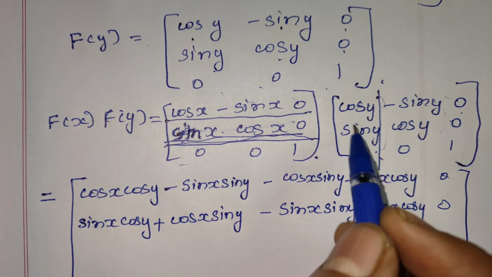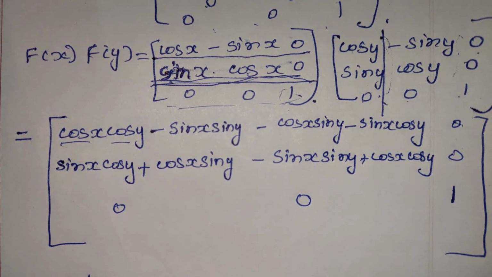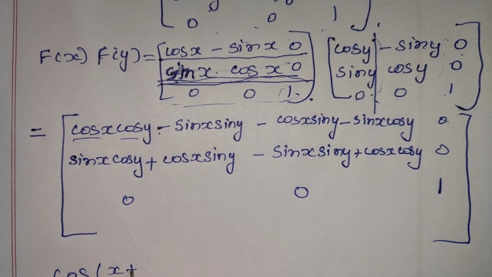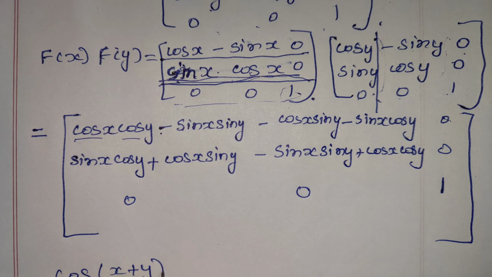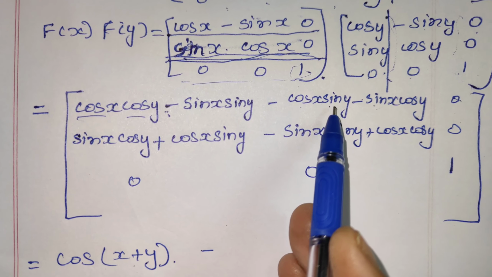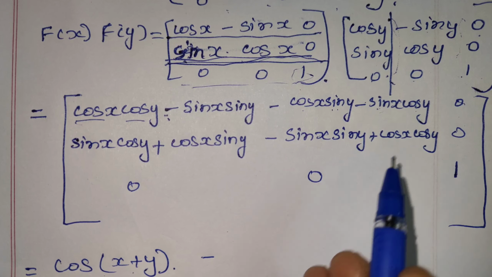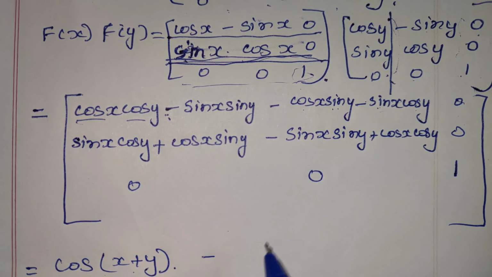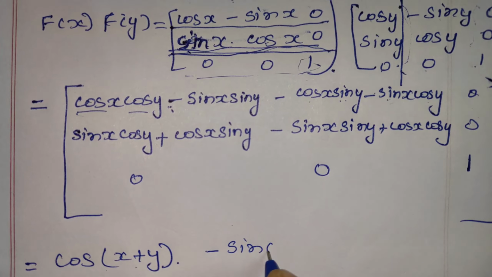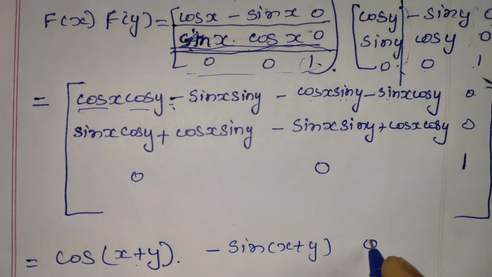So next, cos x cos y minus sin x sin y. Here also cos x cos y, therefore we find that this is a cos formula. Where there is minus, it is cos of x plus y. Here the minus sign is common, so I take it outside, so plus, so cos a sin b plus sin a cos b, therefore that is sin of a plus b, that is sin of x plus y, then 0.